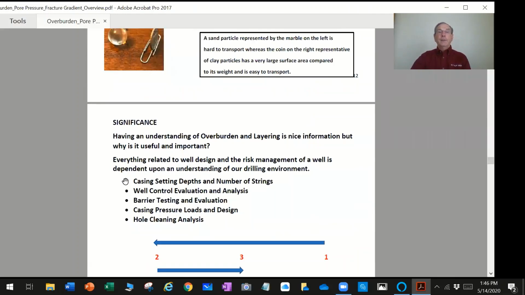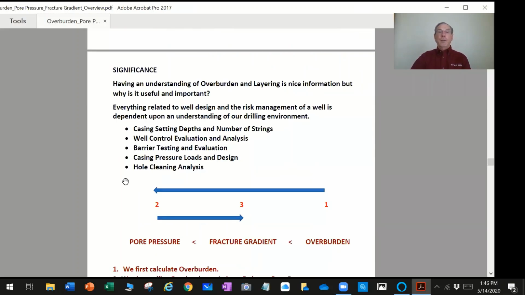Now, the significance of this is being able to apply it. So I want to describe that everything related to well design and risk management of a well is predicated upon having a good understanding of our drilling environment. So before you do any well design planning at all, you need to have a good understanding of your drilling